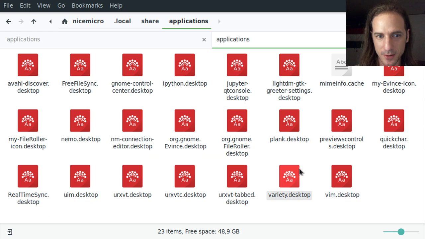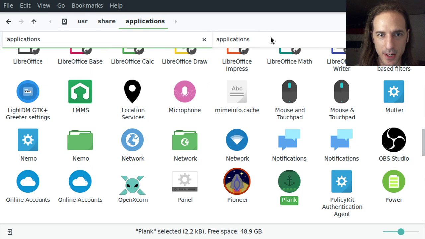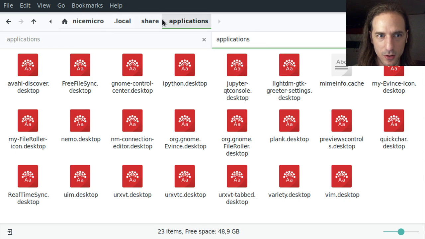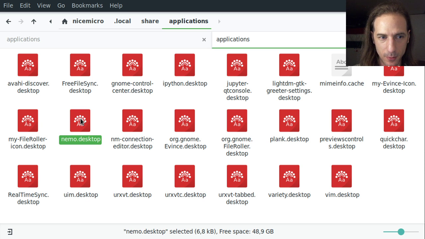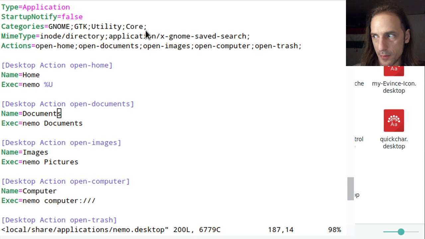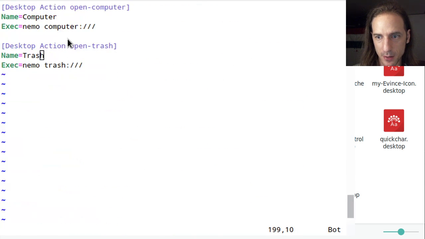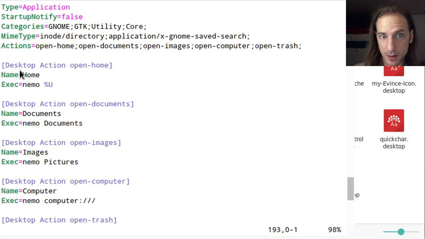In .local/share/applications we have all these desktop files. I already had modified the URXVT desktop file, but you can copy it from usr share applications to your local share applications directory. If you do that, like I did, you can see, for example with Nemo, if I open it in GVim, let me show you my GVim window. So if you open it in GVim, you can see that in the bottom of this file